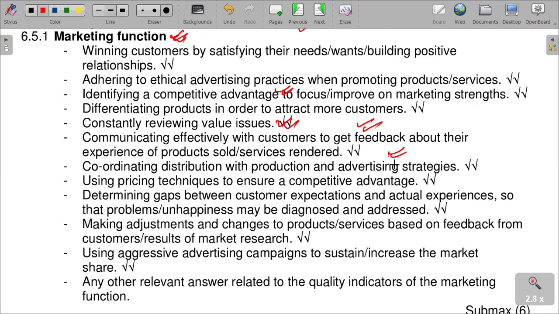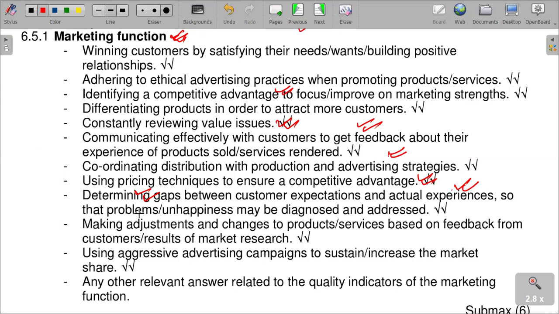In terms of quality of service in marketing, there must be proper coordination with production and advertising strategies, as well as using pricing techniques to ensure competitive advantage. Advertising must also be done where proper pricing techniques are taken advantage of. Identifying or determining gaps between customer expectations and actual experiences. There are also quality indicators under marketing. Businesses must be able to identify gaps between customer expectations and actual performance, which is done through